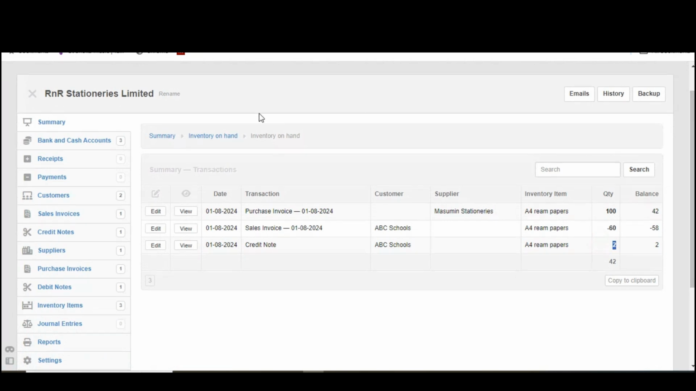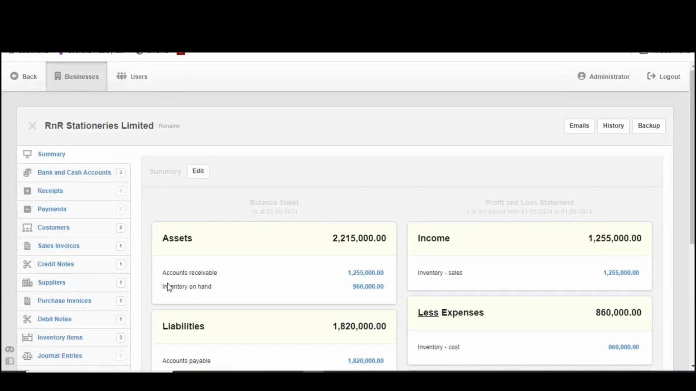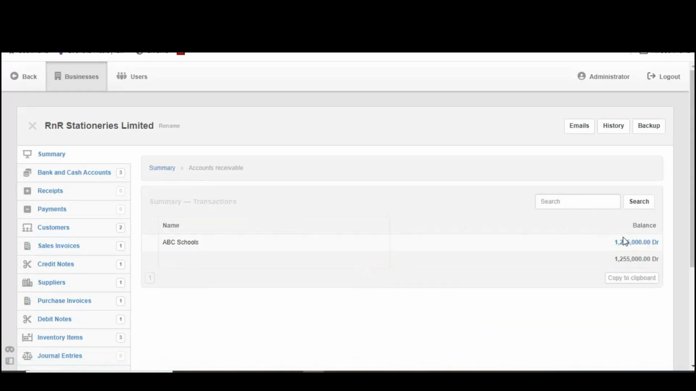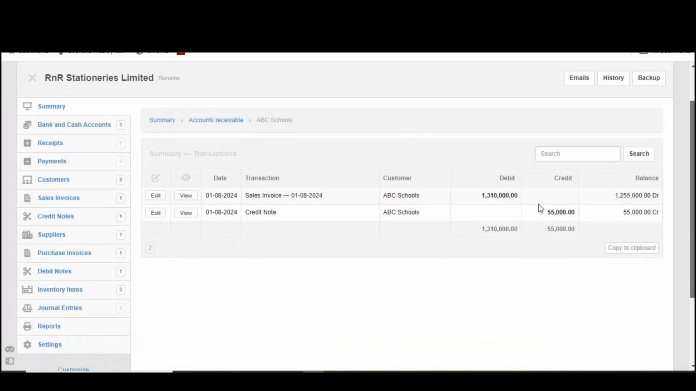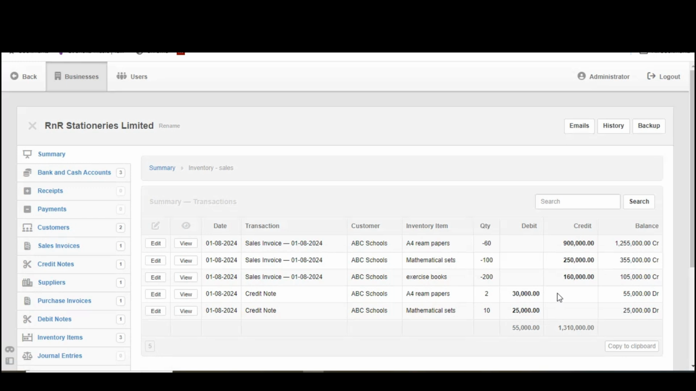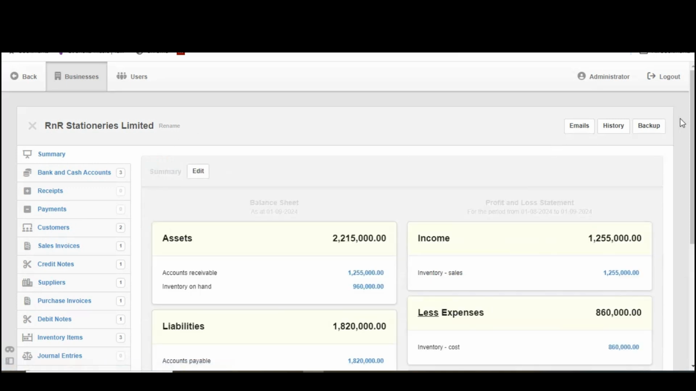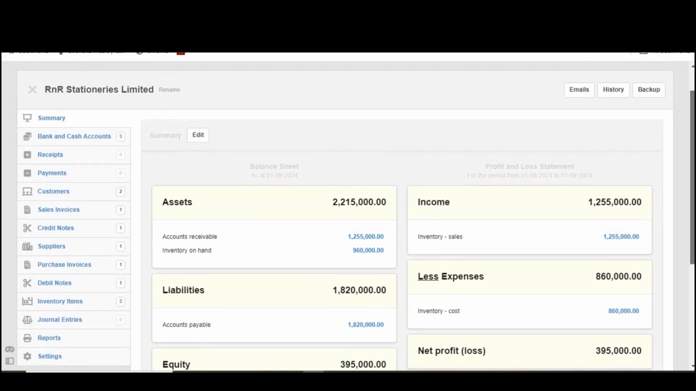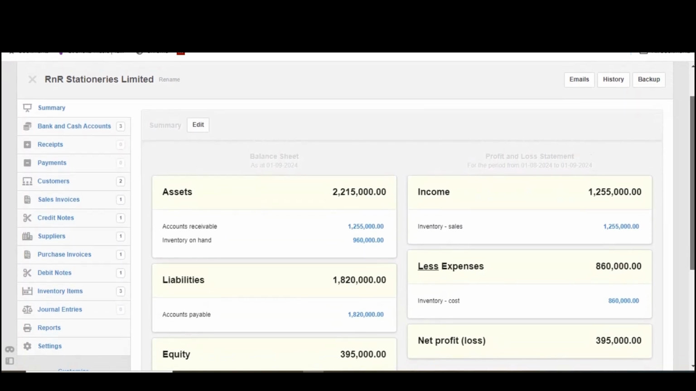3. View accounts receivable. The amount owed by ABC Schools will decrease by 55,000 shillings, reflecting the value of the returned goods. This adjustment ensures that ABC Schools is credited appropriately. 4. View sales revenue. Your total sales revenue will also decrease by 55,000 shillings, reflecting the reduction due to the returned items. This ensures your sales records are accurate and up to date. Conclusion. By following these detailed steps, you can accurately record the return of defective items and ensure that your accounting records reflect the correct financial